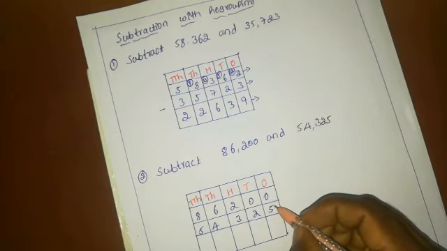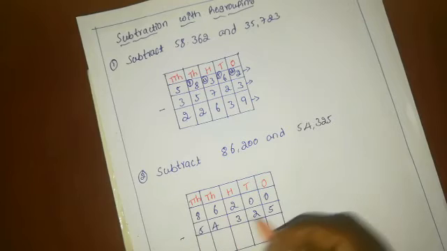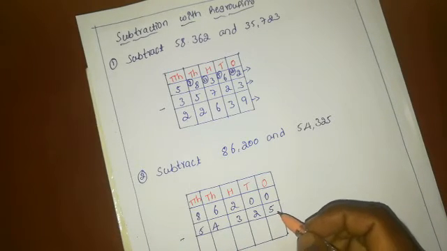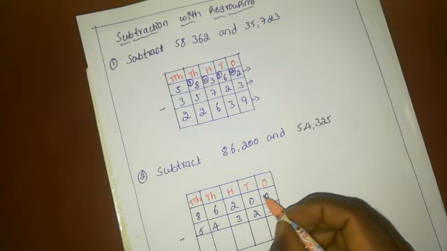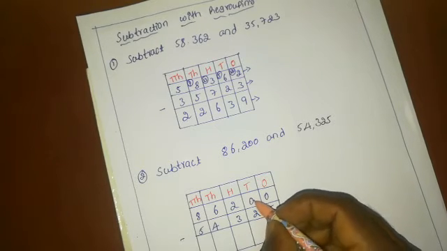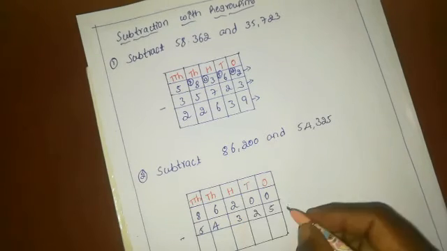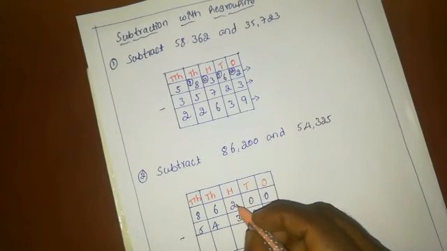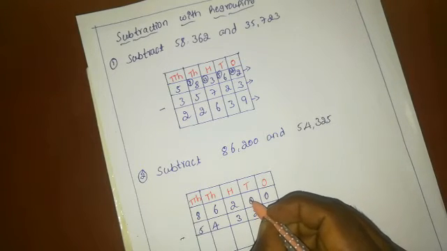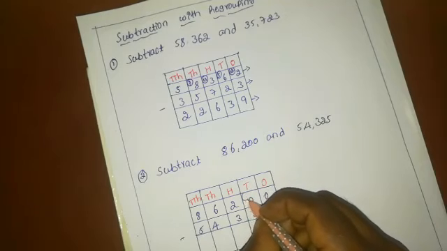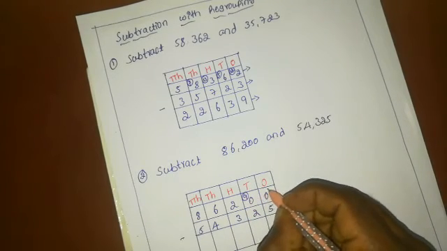Here we have to subtract the 5 from 0. We cannot subtract the 5 from 0 because 5 is greater than 0, so we take the borrow from the tens column, okay. Here in the tens column we have a 0, so we cannot take the borrow from here also, so we move on to the hundreds column. We take a borrow from the hundreds, okay. When we take a borrow from 100 here it becomes a 10, okay. Now it becomes 10. We take the borrow from here, okay. It becomes a 9 and we take a borrow from here.